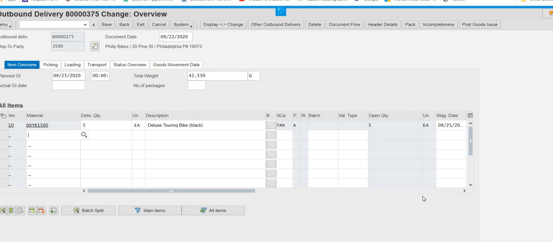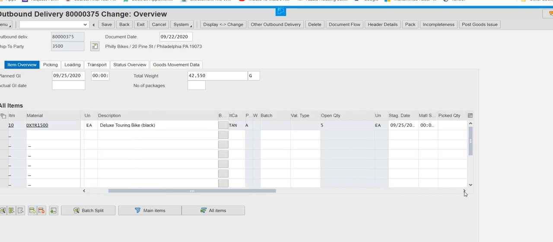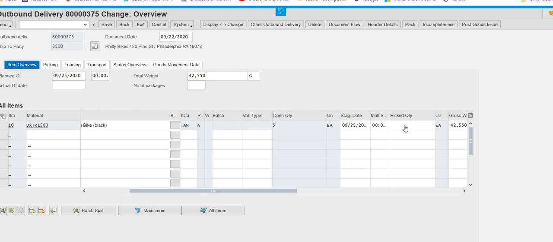So where will we find these two fields? We'll find them in this area on the right side. So I am going to traverse there. You can see the picked quantity. Here in the picked quantity, I will type 5. Now here is a question for supply chain people. If I type, instead of 5, 2, 3, 1, 4, what will happen? Actually, this shows that the order quantity is 5 and the picking quantity is also 5. It means we are doing complete delivery.